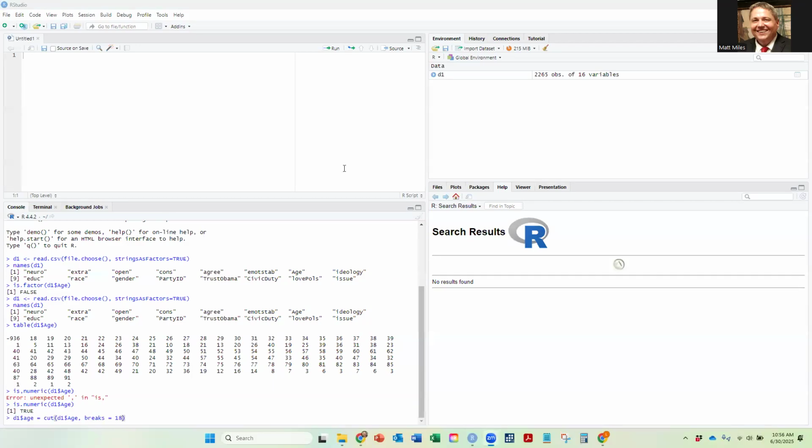Right, so if you're following along with the Mike Marin video, you're going to type in here D1$age. We're going to create a new variable that's the lowercase of age, and it's going to equal cut of that uppercase variable, and then I have to tell it the breaks. So the breaks I said I wanted was 18, 26, 36, 46, 56, and 65. And if I close that,